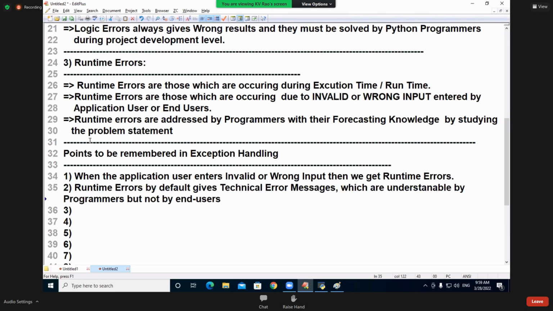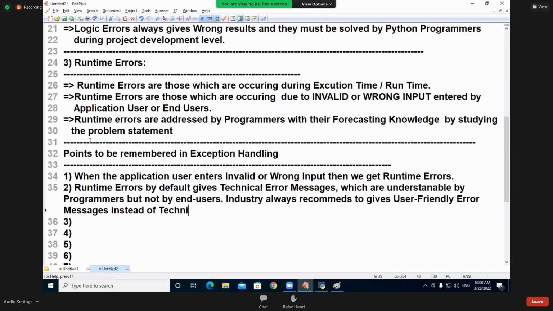Now I can say, industry always recommends, I am going to build so many points, always recommends to give which messages? User-friendly error messages instead of what? Instead of technical error messages.